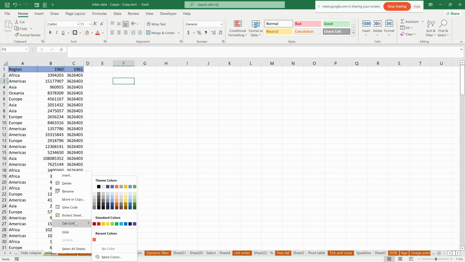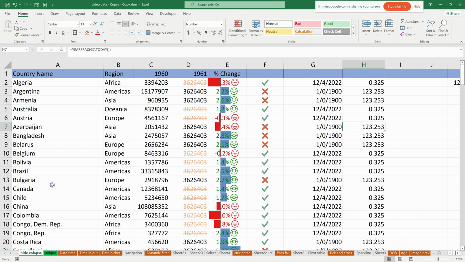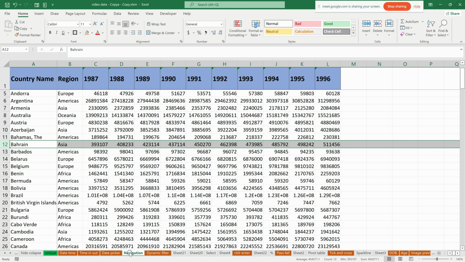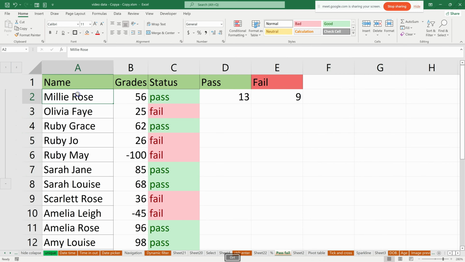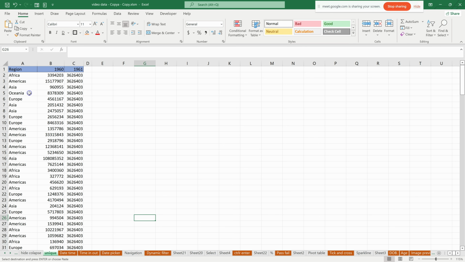So I want to change the tab color to green. Yeah, that would be good. I want to go and now look for names somewhere. Don't want to start from scratch. Yeah, I'll have the names here. Control C to copy, go back to our table. Want to add